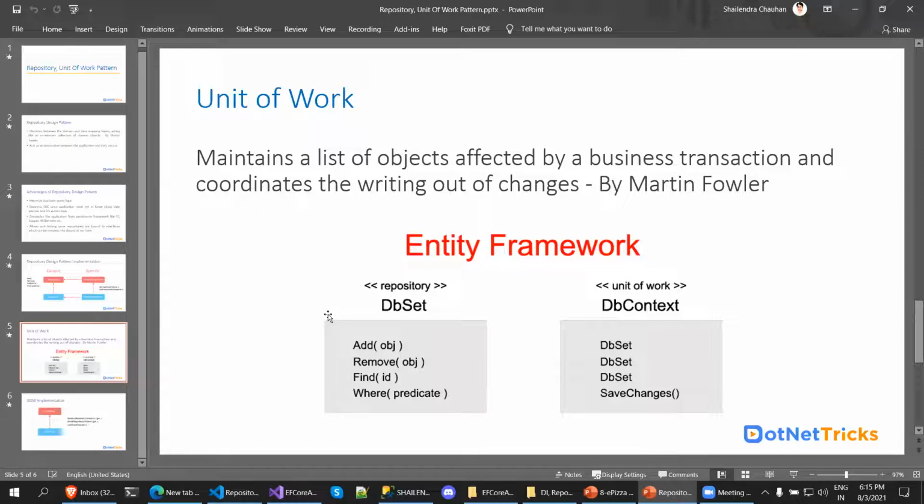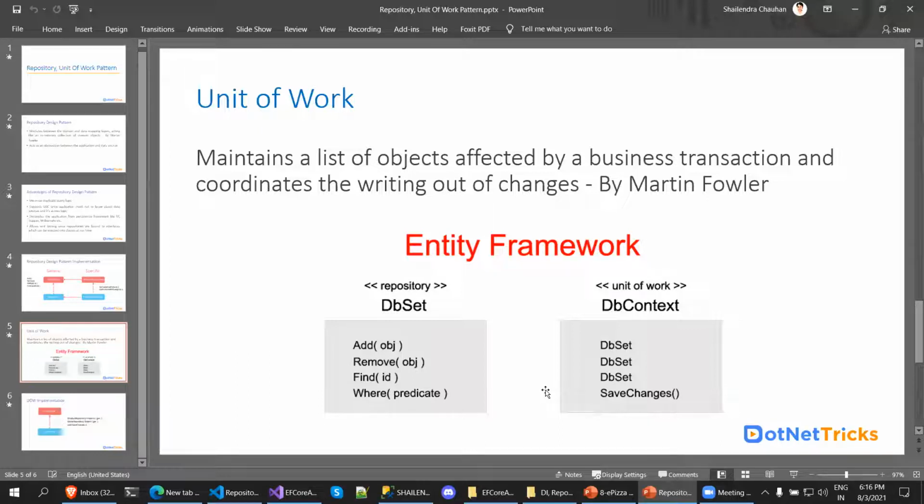In the unit of work, we maintain a list of objects which are affected by the business transaction and coordinate the writing out of the changes. So whatever changes we make at each DbSet level will be committed by the